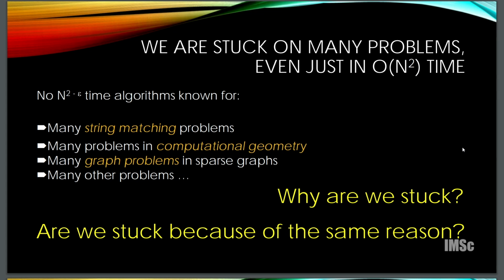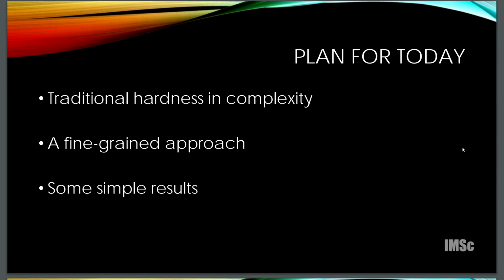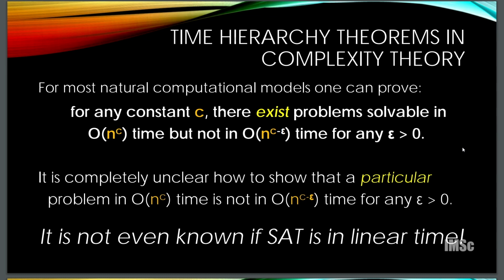The thing about when we moved from the first circle to the last circle is that when we are looking at sorting and min and max, we are looking at individual problems and trying to find lower bounds. But when we move to NP completeness, we were trying to relate problems and somehow give reasons why they are all hard. They are all hard, right? We had a class of problems. So in that sense, the question we want to ask is, are we stuck because of the same reason? Is there something common going on about them? That's what we want to look at.